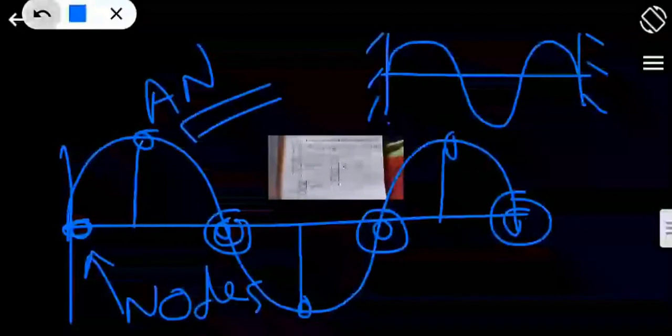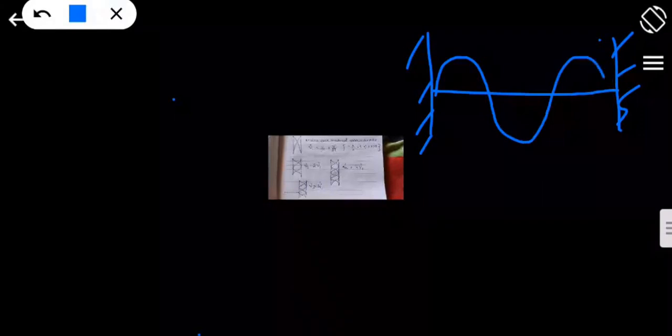Now let's move on to the diagram that I have drawn for the third harmonic. For this diagram, you have to draw it in a clear manner, otherwise you will face problems. It is something like this. Or let me draw it again. Now let us find it out.